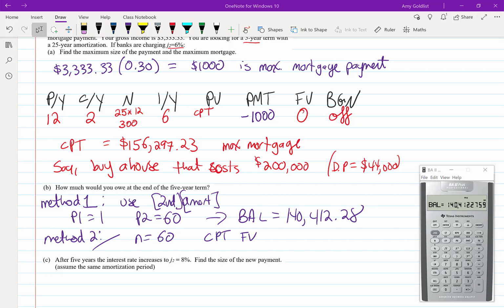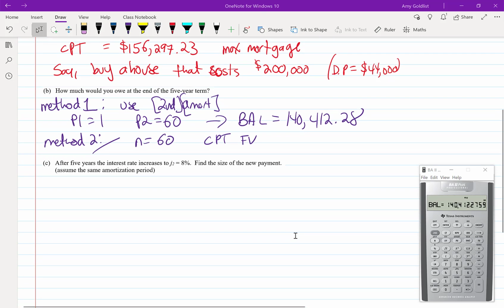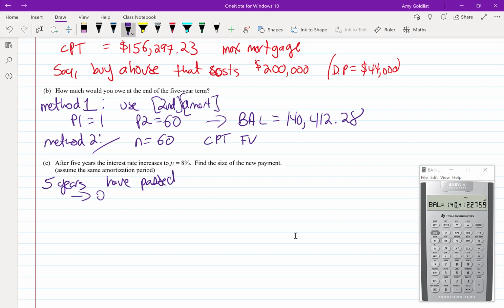After 5 years, the interest rate has increased to J2 equals 8%. What's the size of our new payment? So what's happened here is 5 years have gone by. 5 years have passed, which means that I have 20 years left. And my new present value is actually going to be, well, this number,